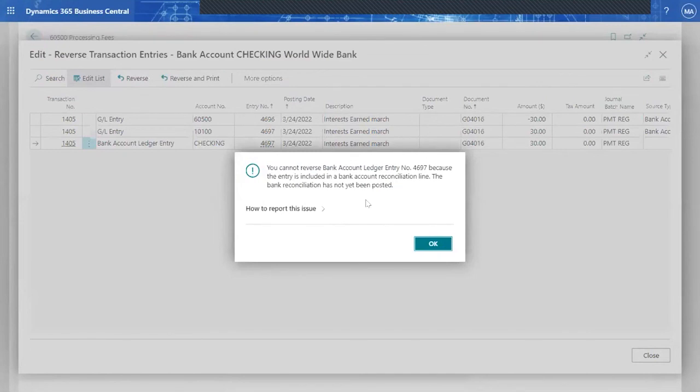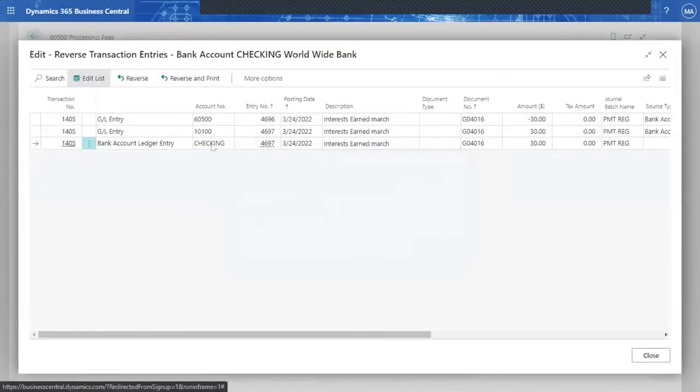The idea is that you can reverse an operation in the bank reconciliation. But if you want to reverse an operation that you know in your GL entry is wrong, please remove it from your reconciliation and then come and reverse the operation in your chart of accounts, in your GL account. Otherwise, you're going to get this message, because you cannot reverse an operation that is currently in your bank account reconciliation because it's a